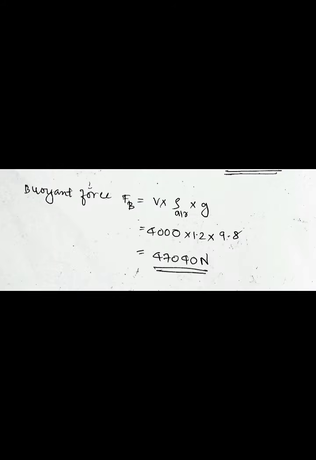If the density of air is 1.2 kilogram per meter cube and the helium gas having density 0.18 kilogram per meter cube completely fills the balloon, what is the maximum mass of the load that can be lifted by the balloon? So here buoyant force FB is equal to V into rho air into g. So this is equal to 4000 into 1.2 into 9.8,